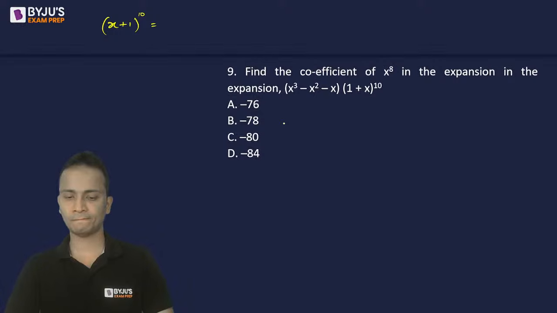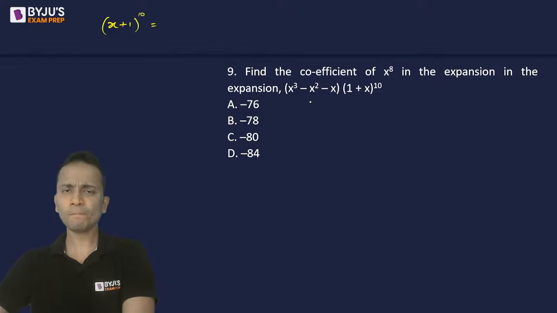Okay, let me start solving this. ठीक है, थोड़ा सा difficult लग रहा है. Now, when the first bracket is multiplied by the second bracket, then there will be